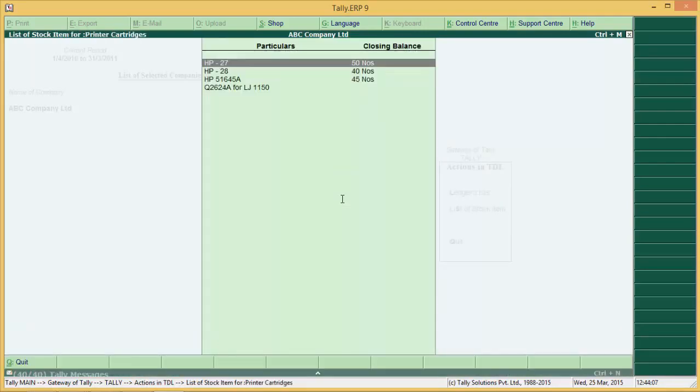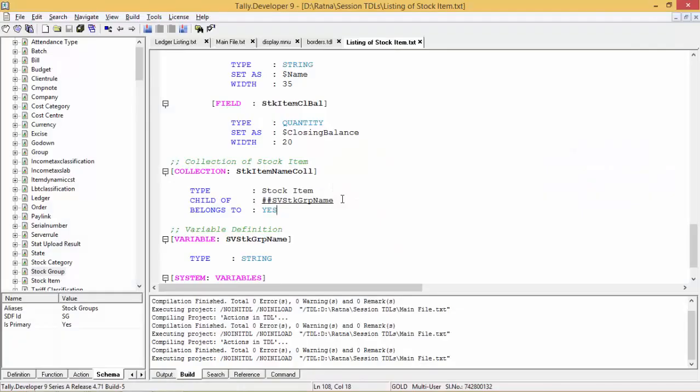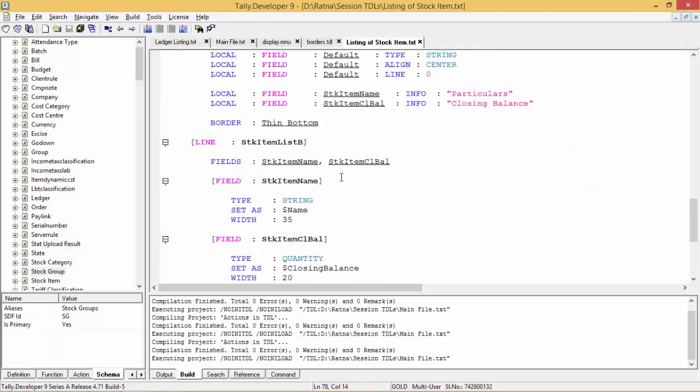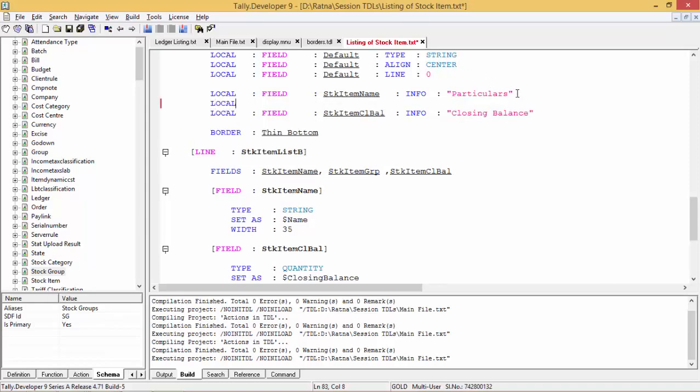We'll do one more thing. We'll add one more column to this. Since we have multiple stock groups also there, we will give the name of the stock group also, and local colon field